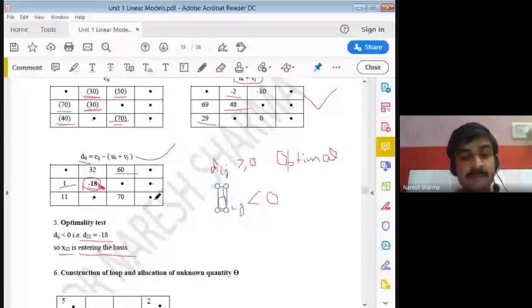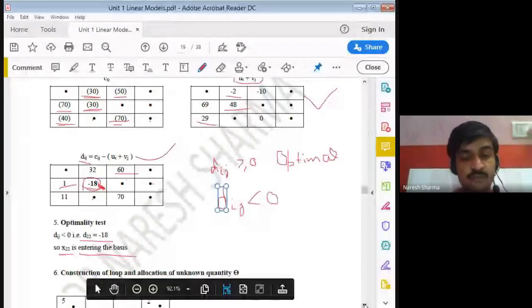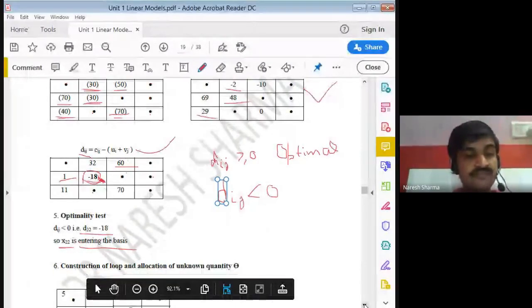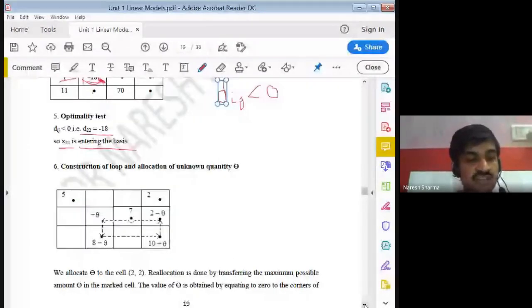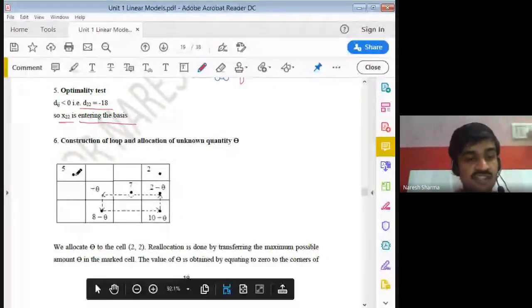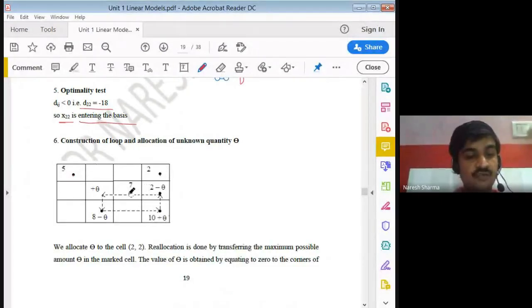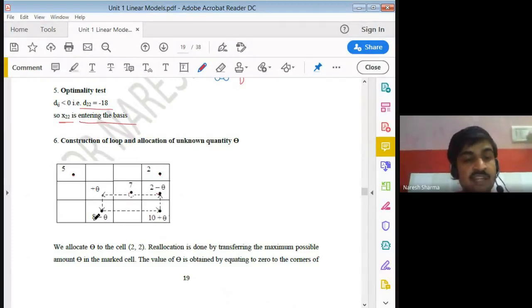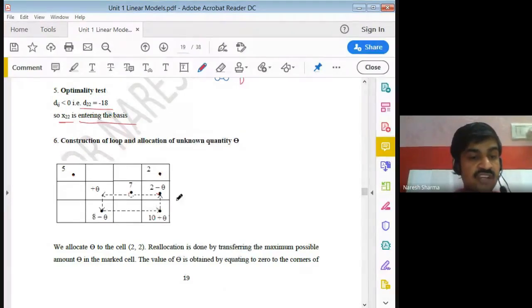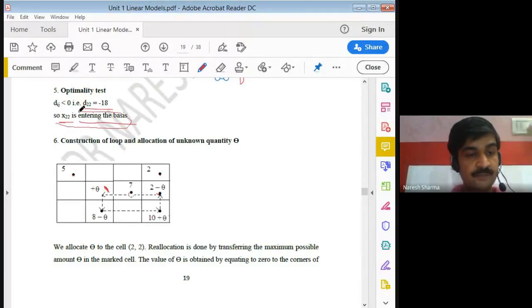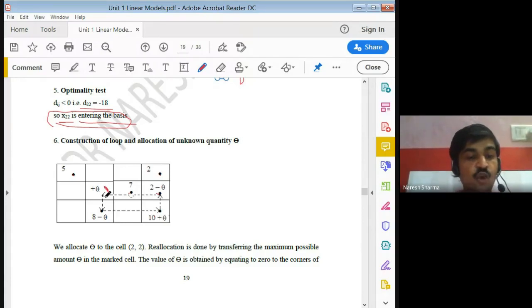So for that, the algorithm says, just do it first, then read the algorithm. These are the allocations by the Vogel approximation. At this location we have 5 allocation, at this we have 2, here we have 7, here 2, here 10, here 8. Now this MODI method says we choose this variable by the procedure as our entering variable. Now choose theta at this location and draw a closed circuit.